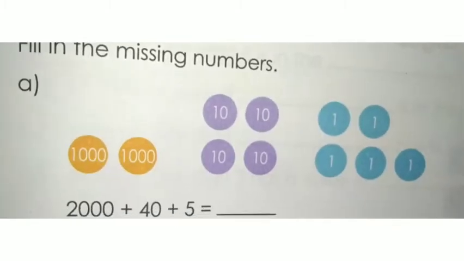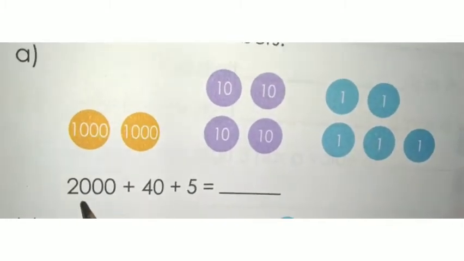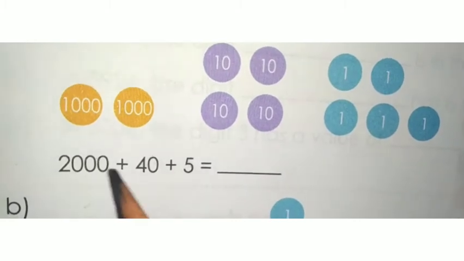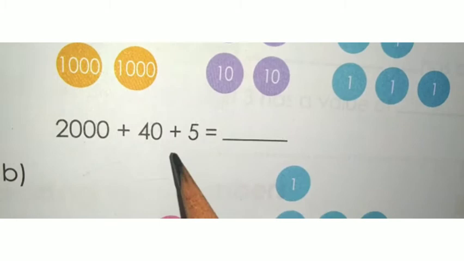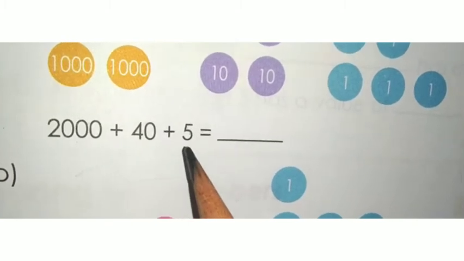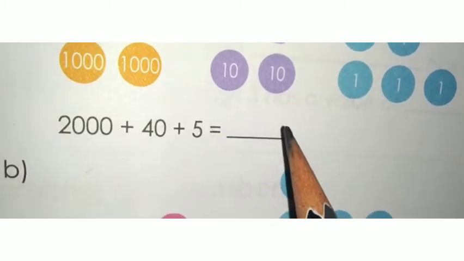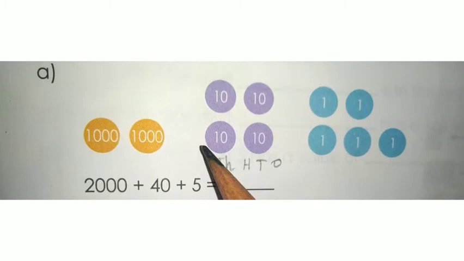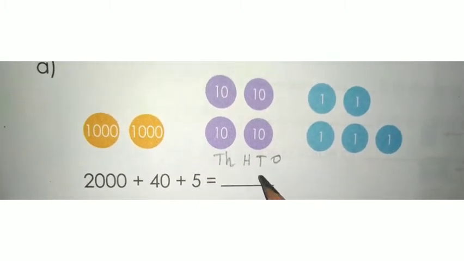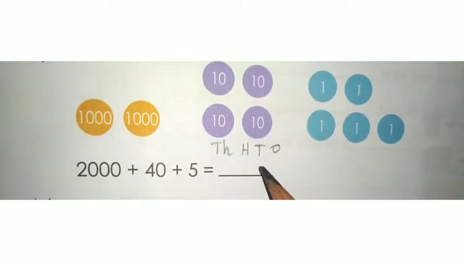Next one is missing numbers. Listen here. 2040 plus 5 is given. You have to combine all these values together and write here what number comes after adding all these three numbers. If you write the place values as like this, then it is very easy for you to write the value